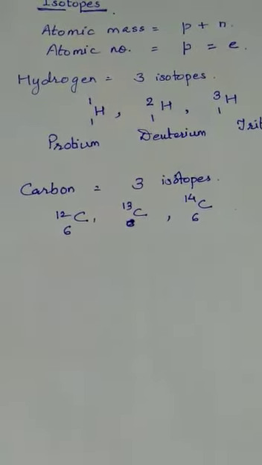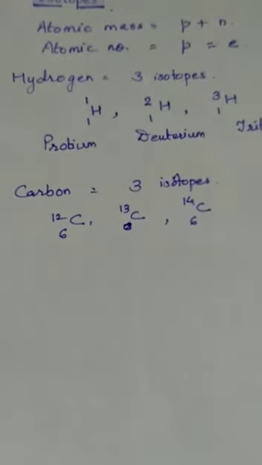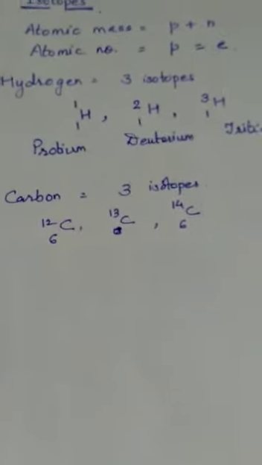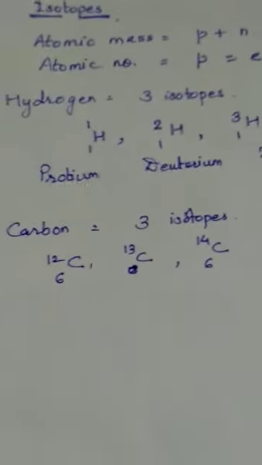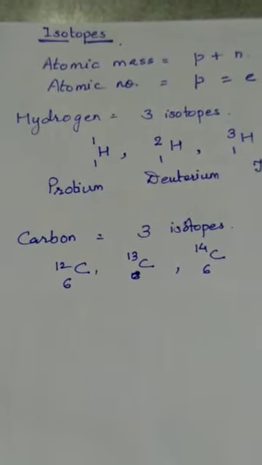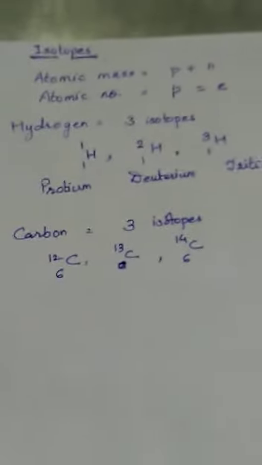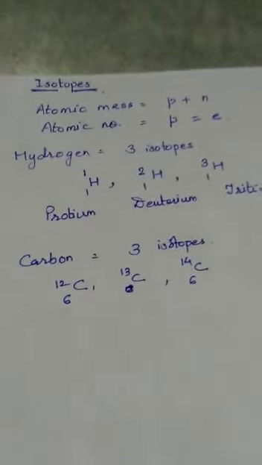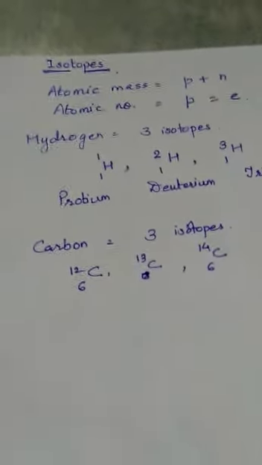We know hydrogen, the simplest of all the elements, has 3 isotopes. It is called the simplest of all the elements. You know why we call it simplest? Because it has only one proton inside the nucleus. When one proton is there, that means there is one electron and only one shell containing one electron.